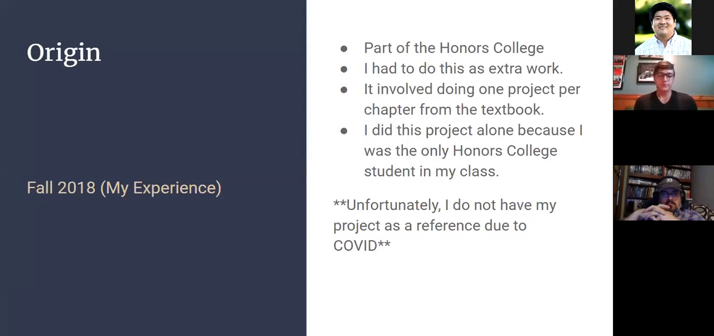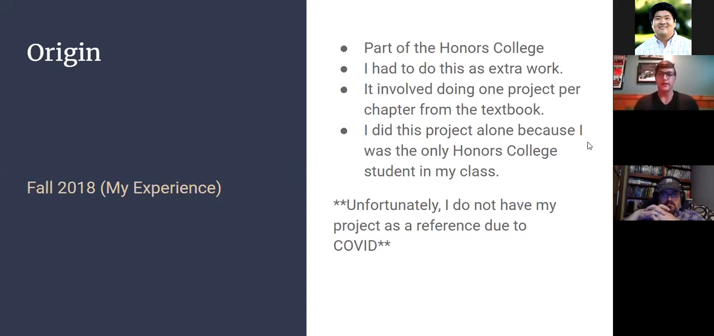And I had to choose one because there were about 4 or 5 at the end of every chapter and complete it and then turn it in separately. And I did the project alone because I was the only one who was doing a project like that in my class at the time. But I think that has a lot of potential to be applied